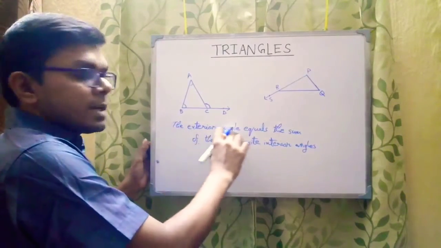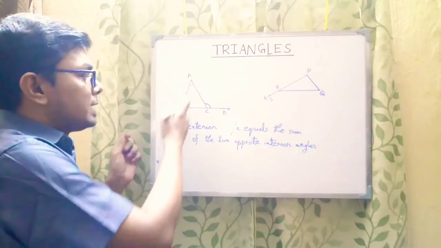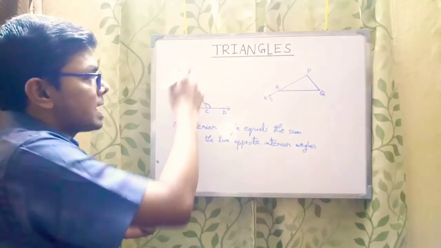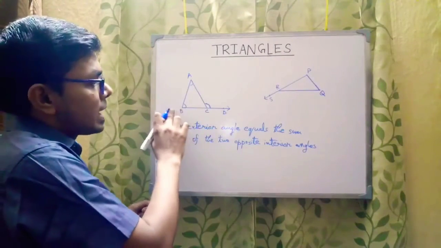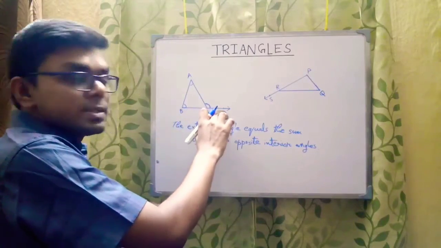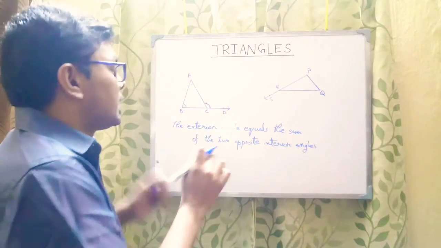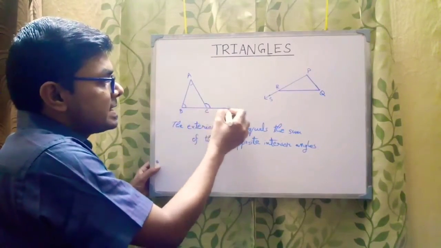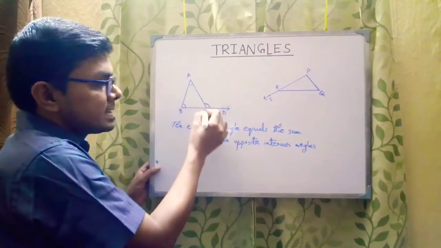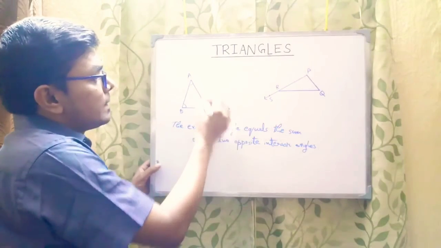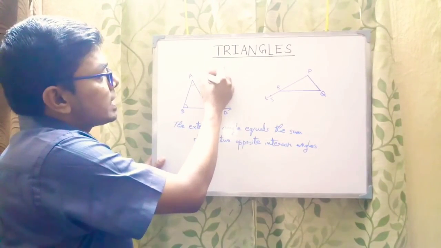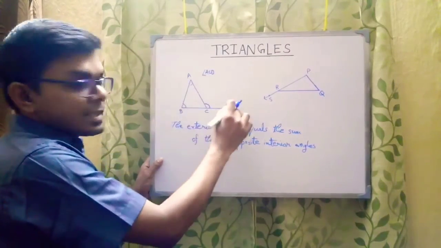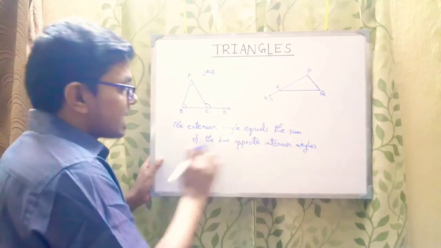Now the exterior angle could be any exterior angle. For example, I have taken this triangle ABC and I have produced this side BC to a point D. So the exterior angle ACD is formed. You see, this is the angle ACD. This exterior angle ACD equals the sum of the